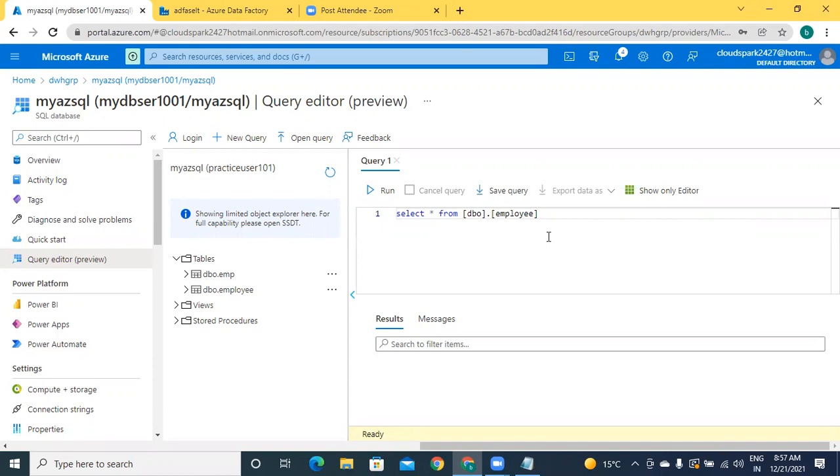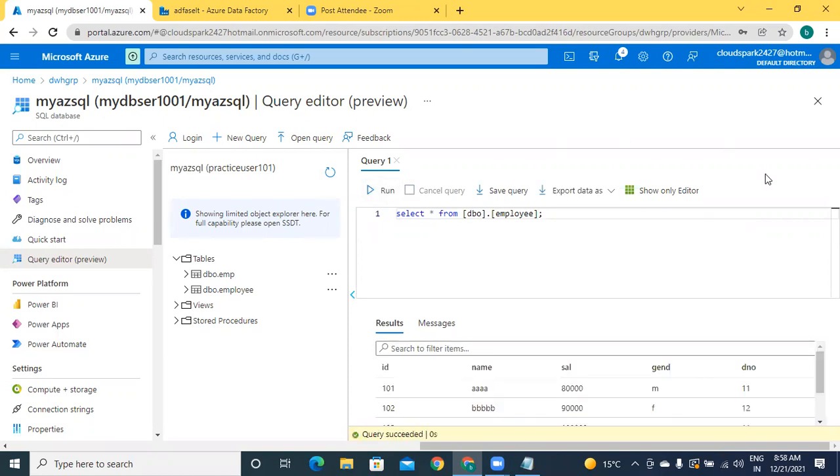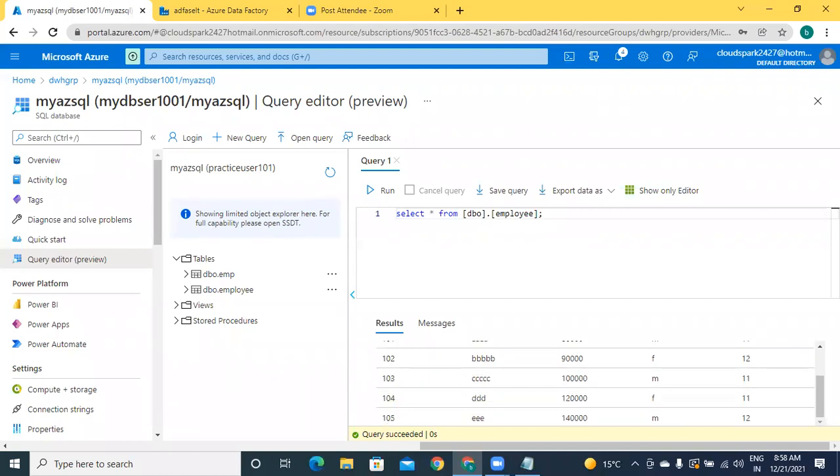This is the query style in Azure SQL or SQL Server. Database to database, only little small changes. I'm going to run this and check whether data is perfectly loaded or not. ID, name, salary, gender, department number, and all data is perfectly loaded without any fail.